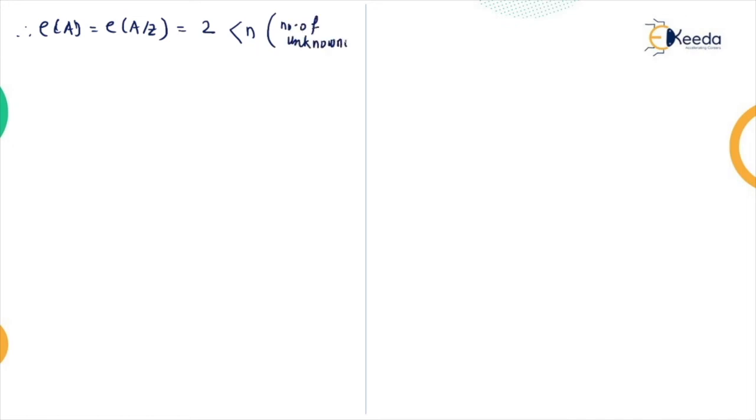Number of unknowns. 2 is less than n. N means number of unknowns. So that's why I'm taking here number of unknowns. Suppose the rank is R, and R is equal to 2, and it is less than the number of unknowns, that is 4. Hence